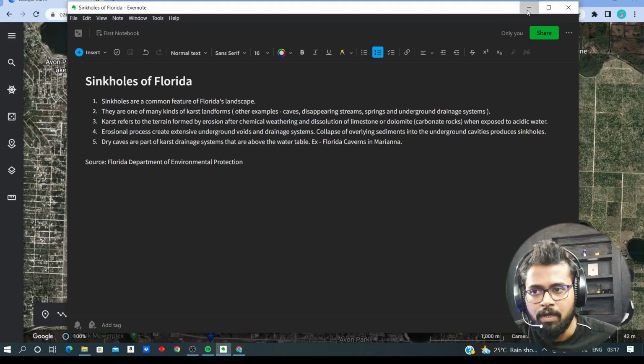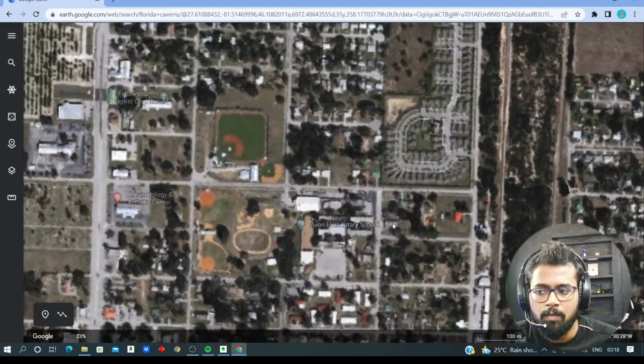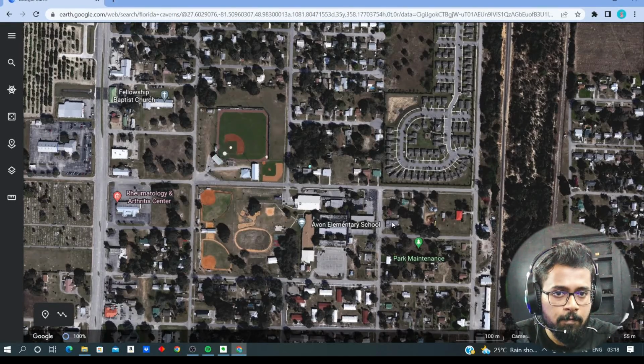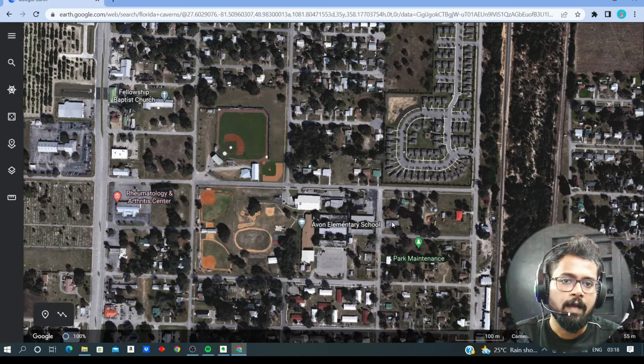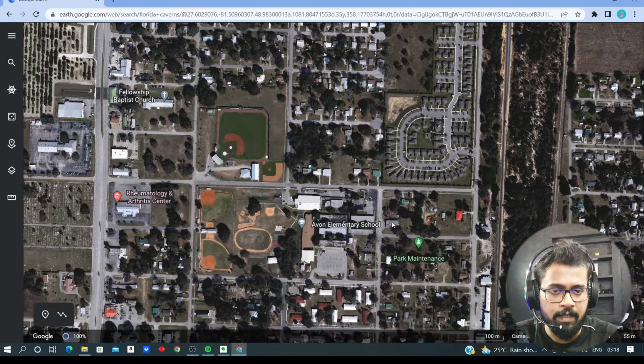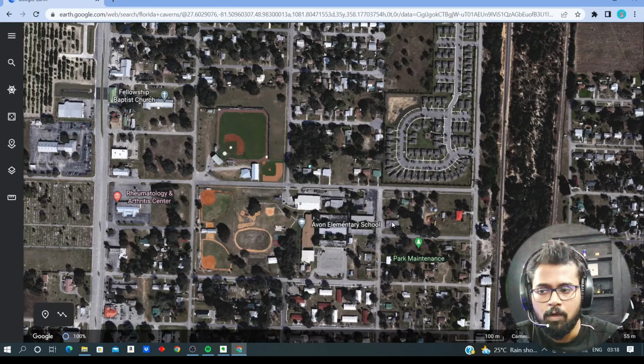So in Florida, just beneath these sinkholes, or just beneath the houses here, there is the presence of a lot of caverns, caves, and underground streams, underground caves, subsurface caves. So there is a danger living in this locality. Okay, the people living in this locality cannot predict when a sinkhole forms, right? When a sinkhole forms,